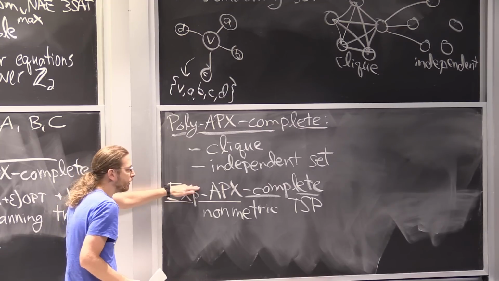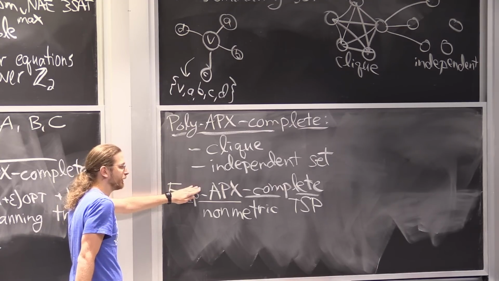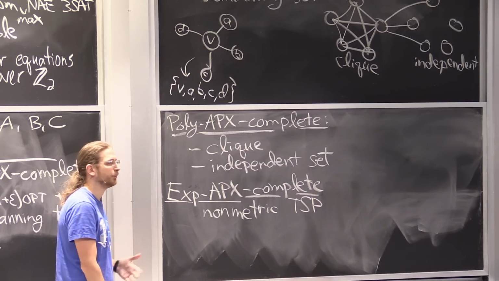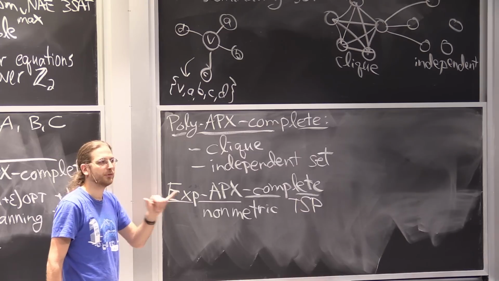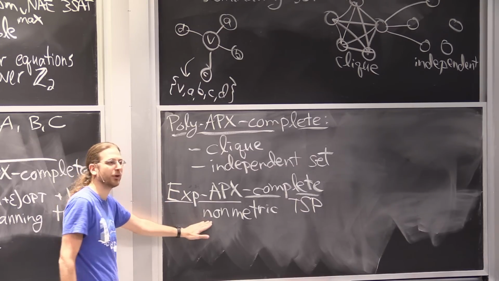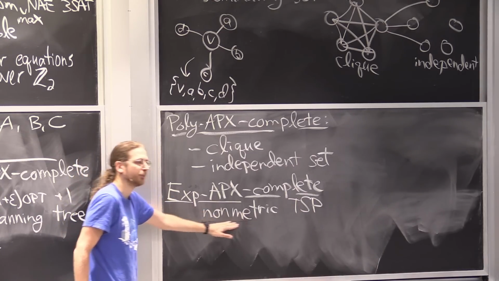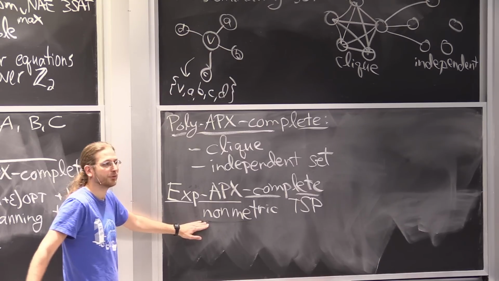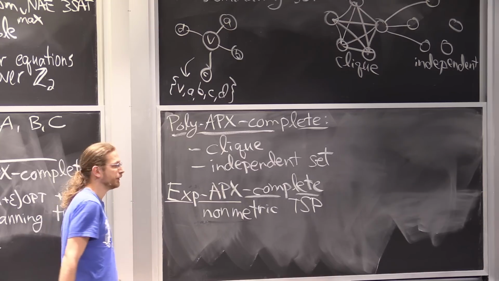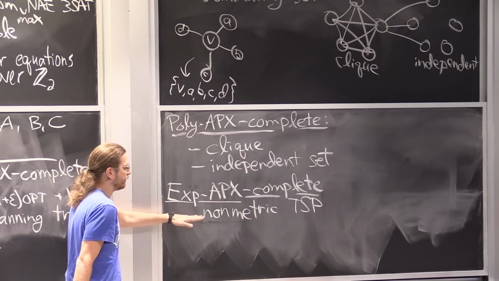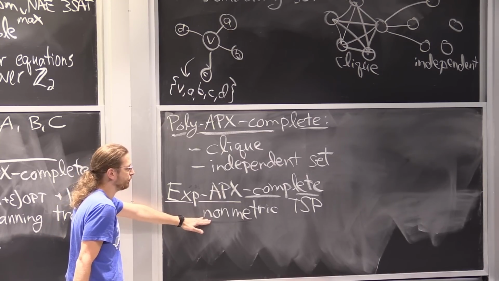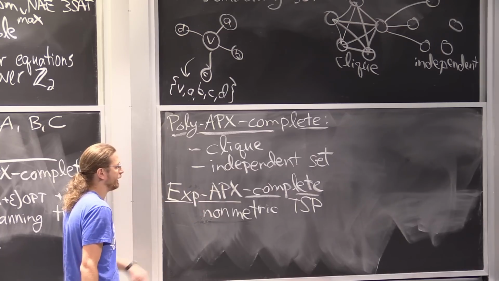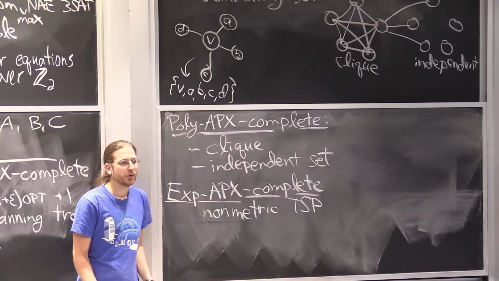And in fact, all problems that are approximable in exponential APX can be reduced to general TSP, where you're just given a bunch of distances between pairs of vertices. It doesn't satisfy triangle inequality. That's the non-metric aspect. With triangle inequality TSP, which is what normally happens, there's constant factor. It's APX complete. But for not general weights between pairs of vertices, non-metric, it's exp-APX complete, because you can basically